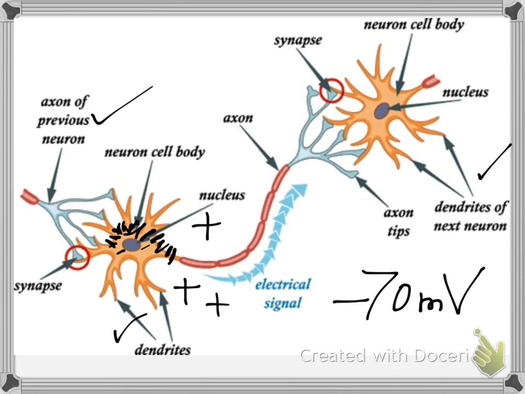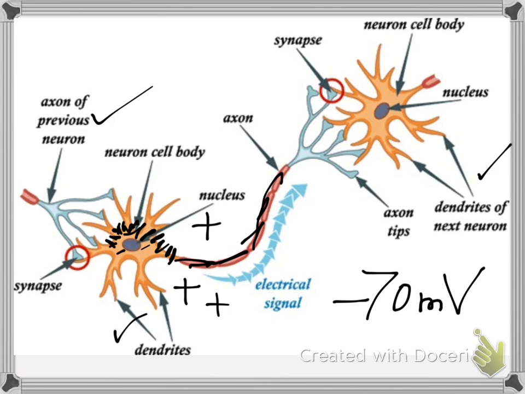Because as you kind of notice, this is a pretty slow process, because every single site along the wall has to be activated, and the ions have to rub together in order for the electrical charge to be maintained. Well, that's not very efficient. So what happens when you get to the axon is that it's covered in this nice fatty substance that causes this electrical reaction to not have to go through every channel in order to be maintained. So it goes really quickly all the way through here, through the axon,